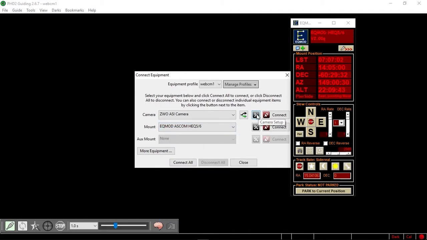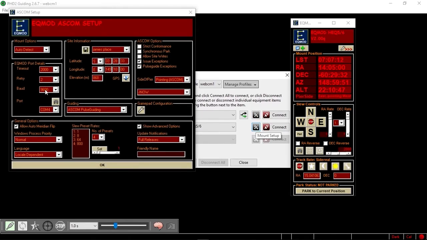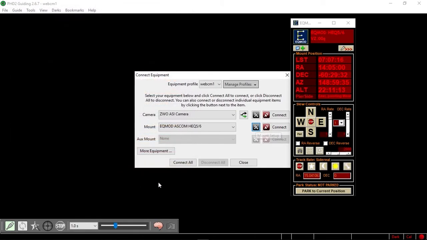Now just with the camera, always make sure that it's on 16-bit. Now if you hit the mount setup here, it just brings up the same driver window that we already had a look at. It's baud 9600 and COM4, so we hit OK on that. And so now you could connect. Right, so now we're connected to PHD as well, so obviously you'd have your camera running and you could now use this to guide. So your mount is now connected to PHD,